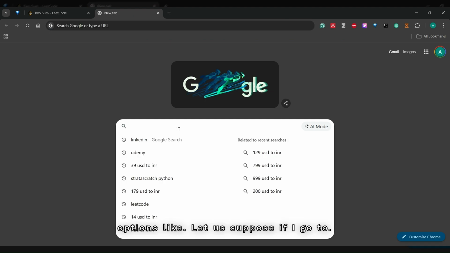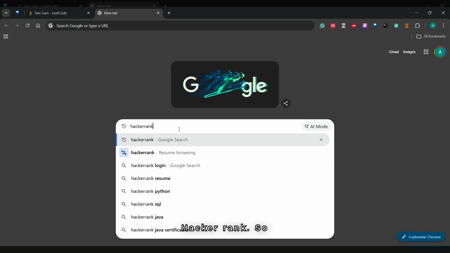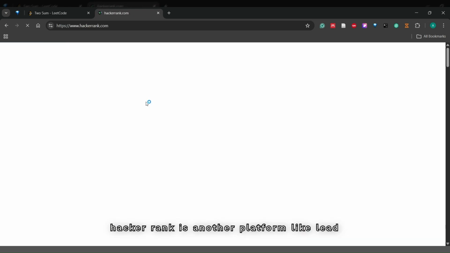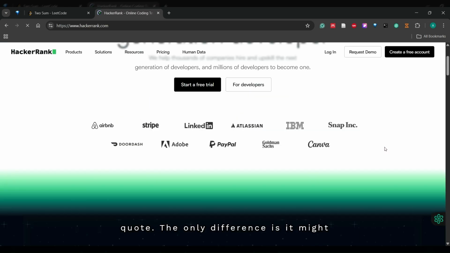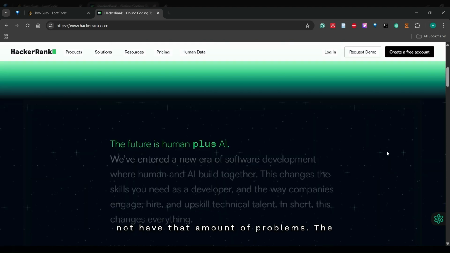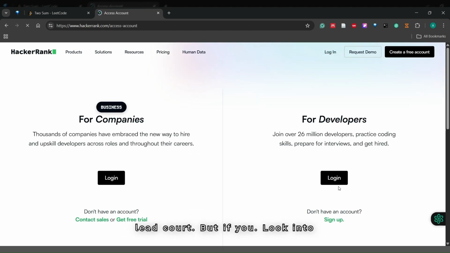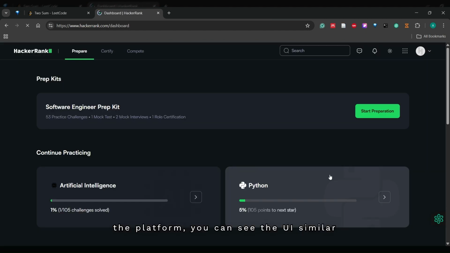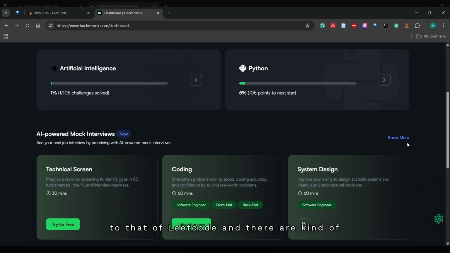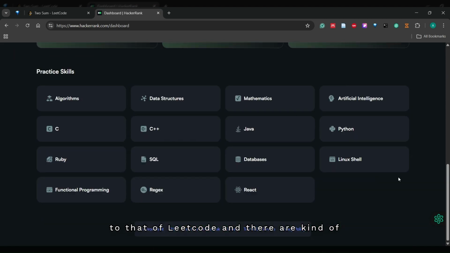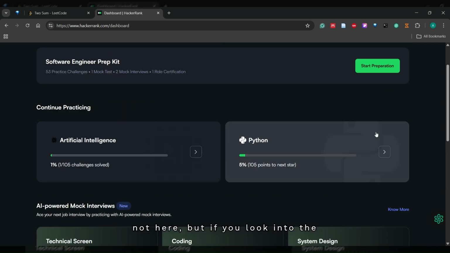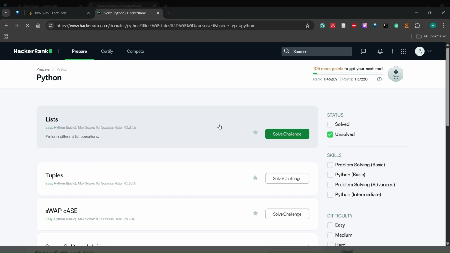Let us suppose I go to HackerRank. HackerRank is another platform like LeetCode. The only difference is it might not have that amount of problems. The library might not be as rich as that of LeetCode, but if you look into the platform, you can see the UI is similar to that of LeetCode, and there are really good questions. But okay, R is not here, but if you look into the interface,